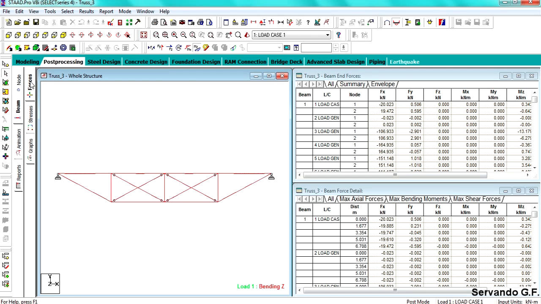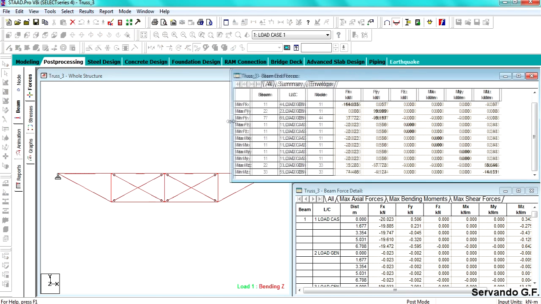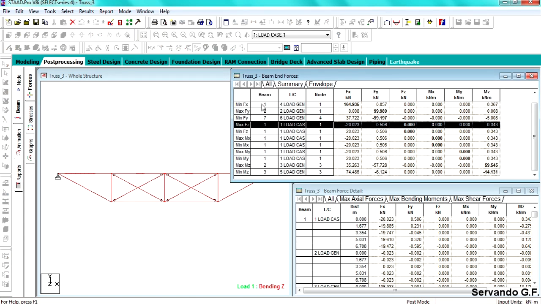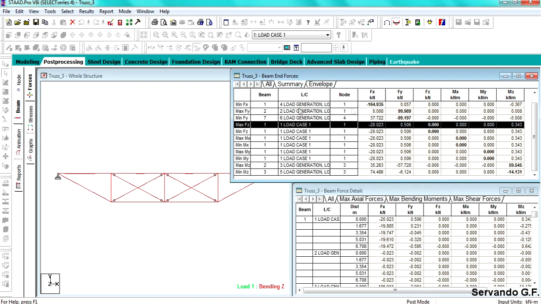So now if I go to beams, let's say forces, I'm going to go to summary, okay, and this is showing me for each beam the maximum moment, maximum or minimum, depending on the load generation. So this is saying that load generation number 3 creates the worst moment. Where? This is saying node, but it should be, oh well,